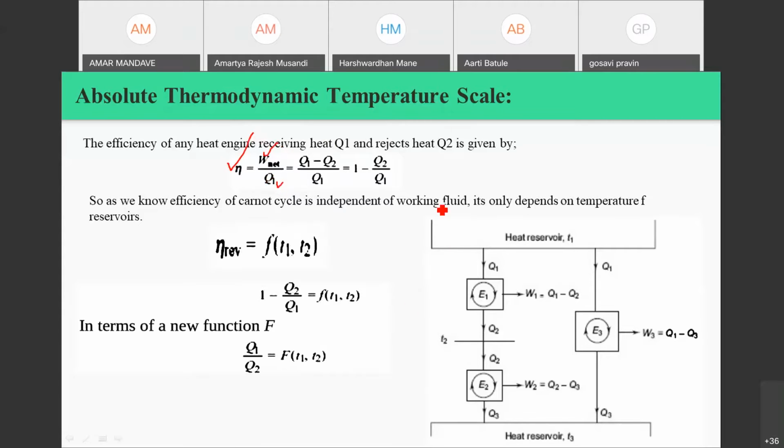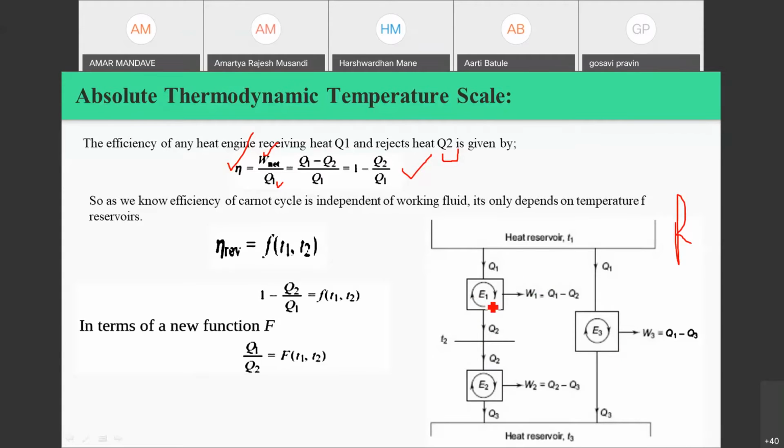By taking the Carnot engine, which works between two different reservoirs, we can write this type of efficiency expression. Now consider there are three different Carnot engines, or heat engines, used. Those are the reversible ones. As we know, the Carnot engine is a reversible engine, or whatever process is happening in this particular engine will be reversible.